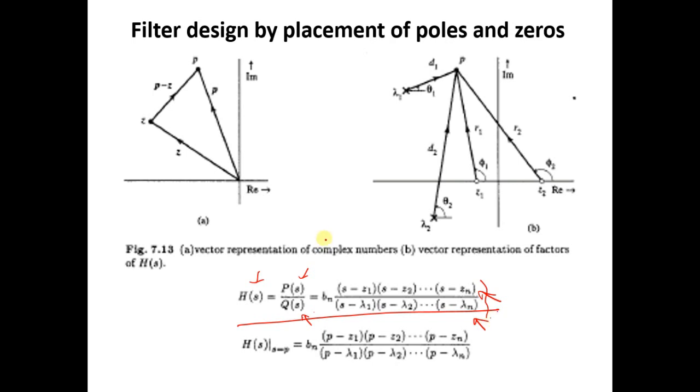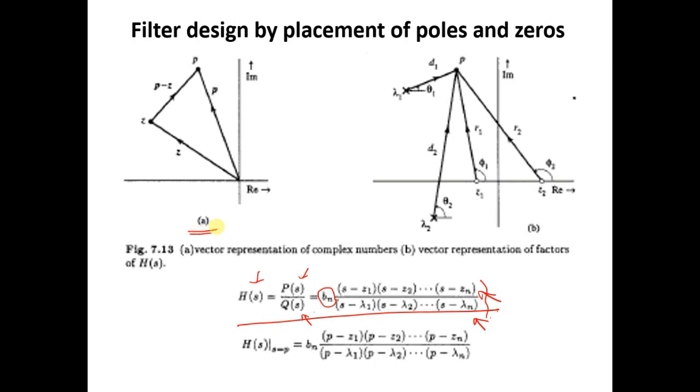Apart from this polynomial, there is a constant multiplier which combines both the numerator and the denominator. So what is this? This is regarded as the gain of the system. Now if you look at figure 7.13a,